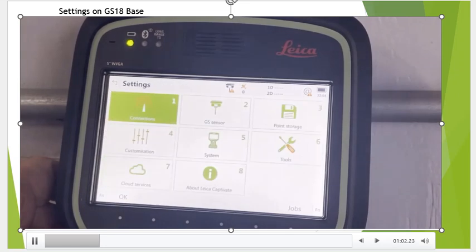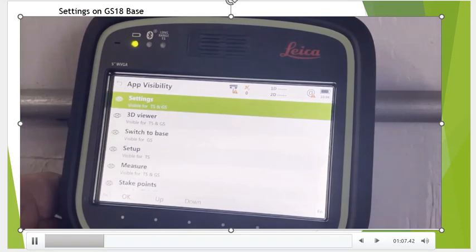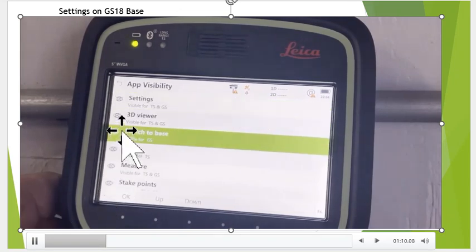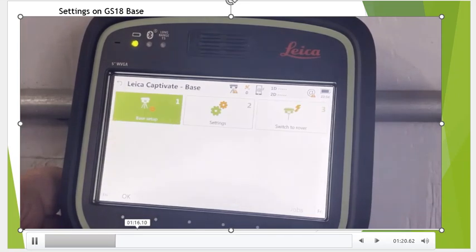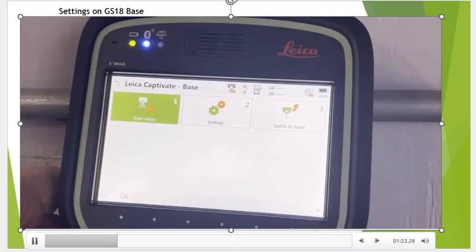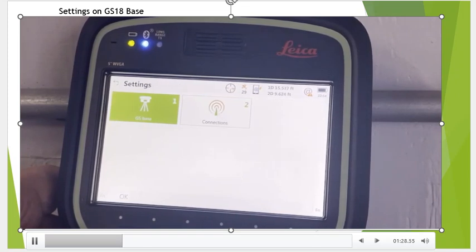So we'll go back to settings, customization, app visibility, and you can see that the switch to base line is unchecked. And if that was further down, I could highlight that and move it up because I want it very accessible. So once again, when that's turned on, it's right here. It's now accessible. So we got base setup and settings. So we'll go into settings, and the first thing to do is we can go to connections, and when I first set up all Bluetooth and the Bluetooth light comes on, we'll start tracking satellites. Okay, so we'll hit connections,